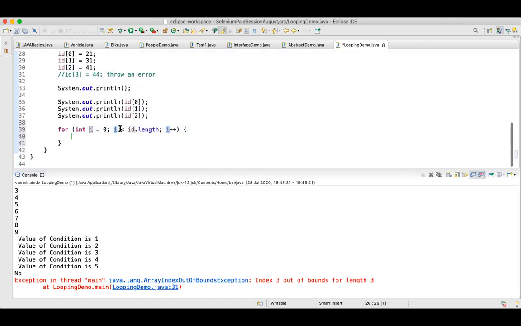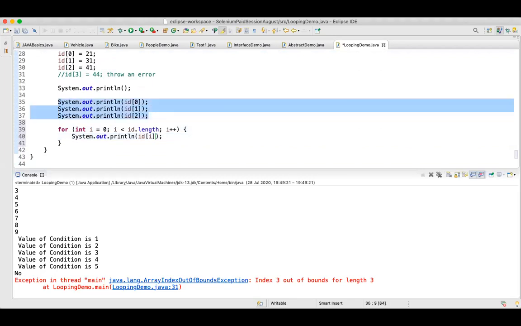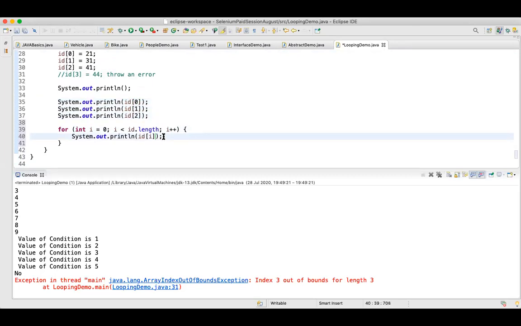So I'll say i is less than ID dot length, and I'll print the value of ID of i. Initially, to print all the values, I was hard coding the values, for example the 0th index, 1st index, and the 2nd index. Now I do not want to hard code the value. I'll simply use ID of i, and based on the value of i, keep on printing.